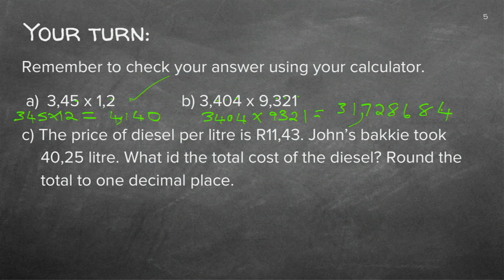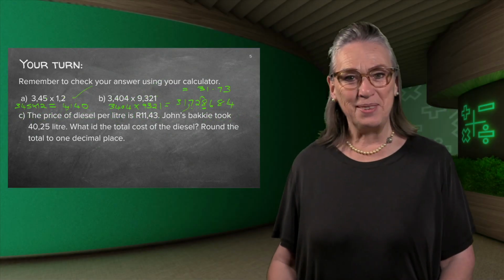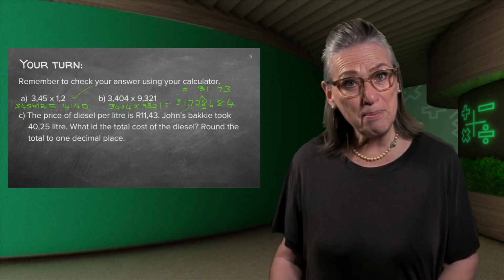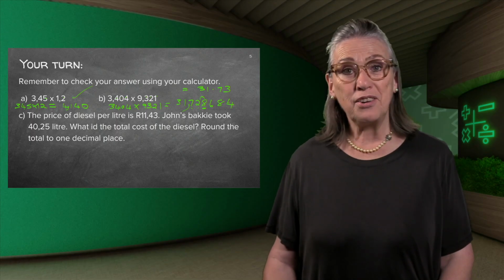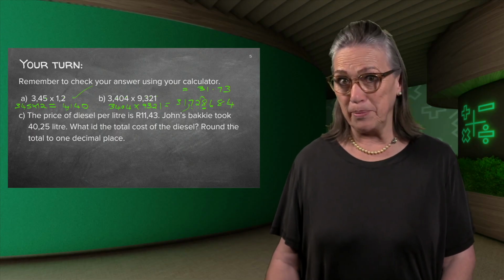And just for fun, what do you think the answer would be if they say, give the answer to the closest 2 decimal places? Can you still remember? You go to 2, you look at the third number, and you see that 8 is more than 5, so you will then increase the 2. So your answer will be 31,73. Congratulations if you got that one correct. And if you cannot remember, please go to a previous lesson where we discussed the rounding off of decimal numbers.